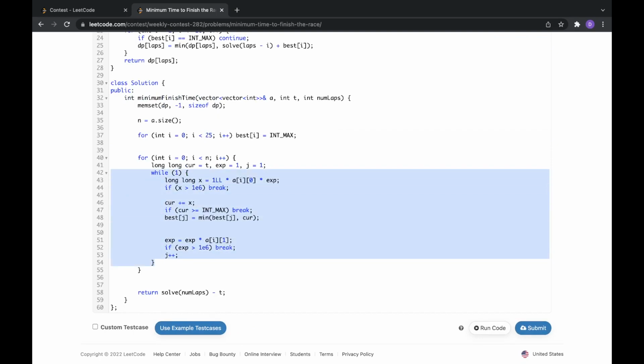So this will run for 20 times for every tire, at most 20 times. And every time I calculate the value of that expression, add it to my initial time, to my curve variable. So one thing to note that is